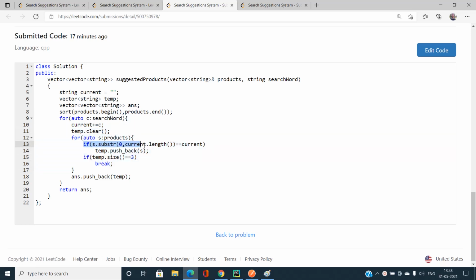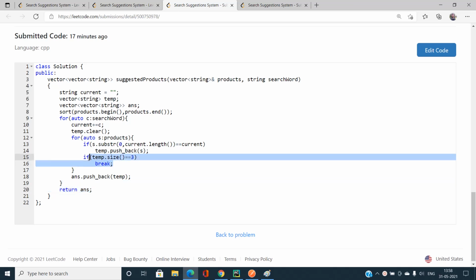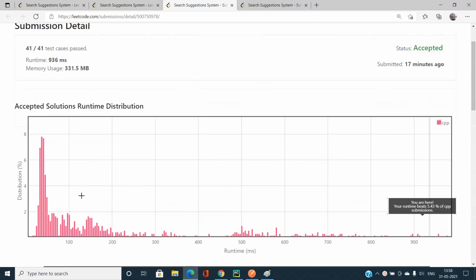If the prefix of length exactly equal to current dot length is exactly equal to the current, then I can say yes, this string must be included in our answer. When temp dot size becomes 3, I just stop my iterations. This reduces our runtime quite a little bit, but it is still very bad at 936 ms. Now push back into my answer and all that stuff. You can do that. Now you can see it has 936 ms.